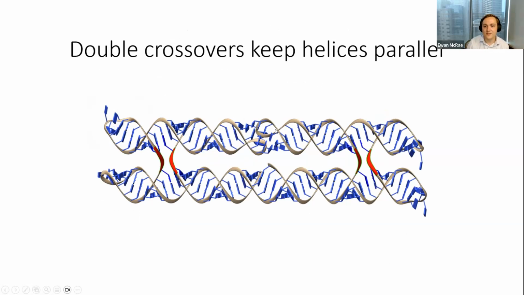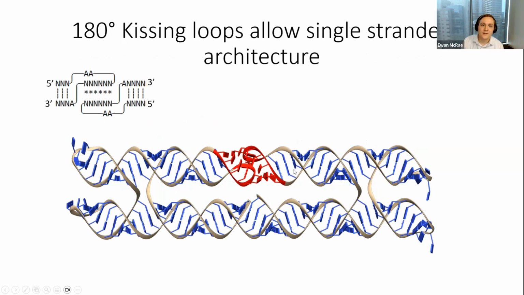So one of the common motifs that we use in these designs are these so-called double crossovers. And what these do is essentially keep two adjacent helices parallel to each other. And the important parameter here in the design is that the distance between these two crossovers has to be an integer multiple of a full helical turn, or some multiple of 11 base pairs for A-form RNA. And so this next motif that we have is this 180-degree kissing loop